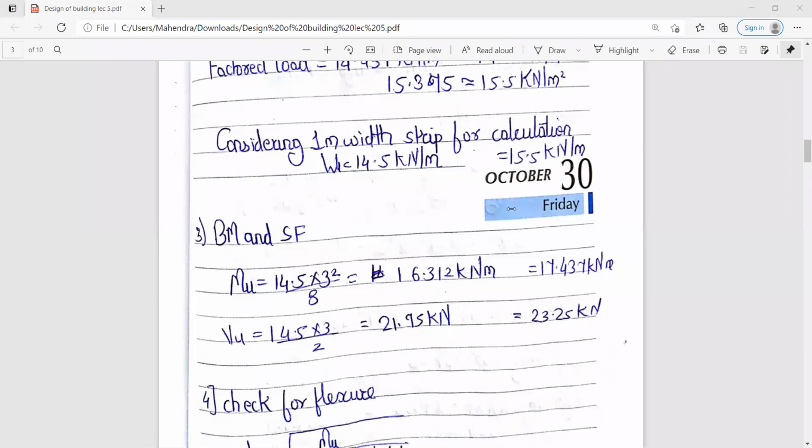Okay, understood up till here? So we had calculated the factor load for the slab. स्लैब S3 के लिए हमने फैक्टर लोड कैलकुलेट किया है. Now